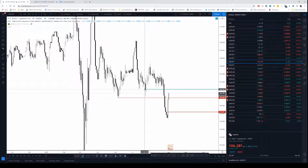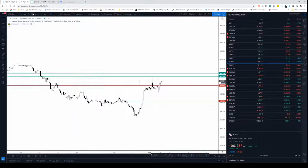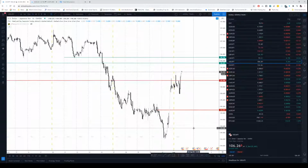So if we do see some rejection coming in here, then I'll be interested in a sell. At the same time, I'll be watching this last up candle in there, right? Because this is an impulse leg. Your price went down, and this could be a retracement to clean out or to rebalance all these down candles, and then we should see another leg to the downside. So be mindful, watch it, and see what price will do once we get up here. If we do get a rejection up here, then I'll be interested in sells for a continuation to the downside. Okay,